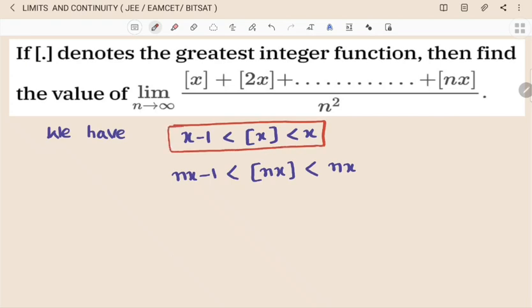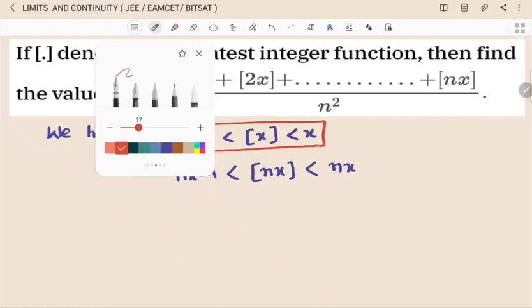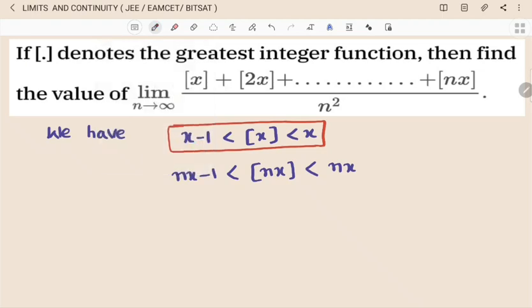Based on this result, we have to write the [nx] value in this way. But I want [x], that means n is equal to 1. If you take n is equal to 1 in this,